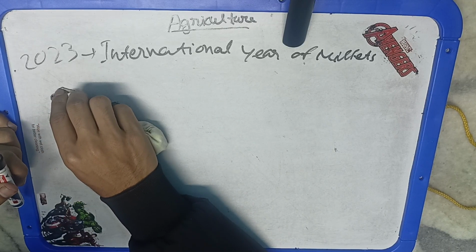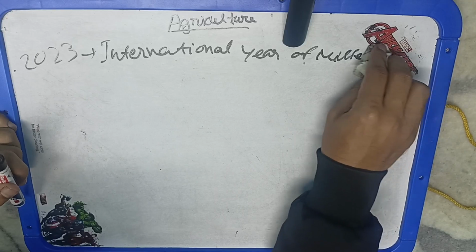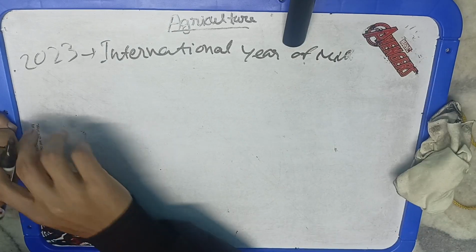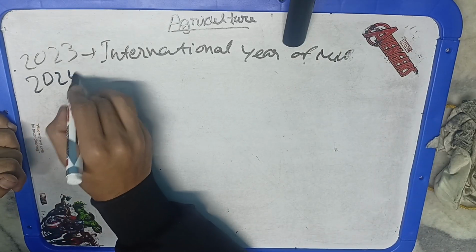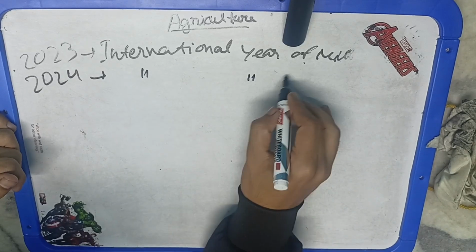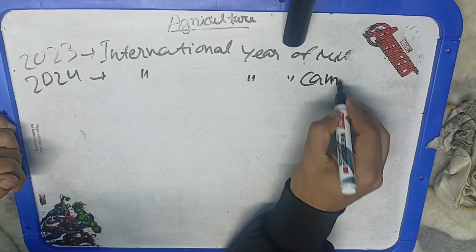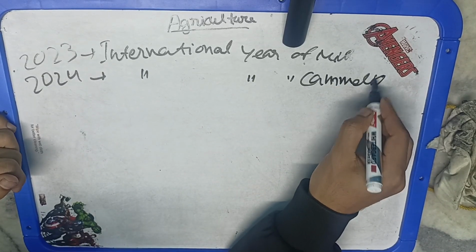World Earth Day. This is important again, 22nd April. Panchayati Raj Divas, 24th of April. International Seeds Day, 26th April, International Biodiversity Day, World Milk Day, World Environment Day. This is most important. So only a few days are important, but there are so many things related to agriculture, so you have to go through all those things.